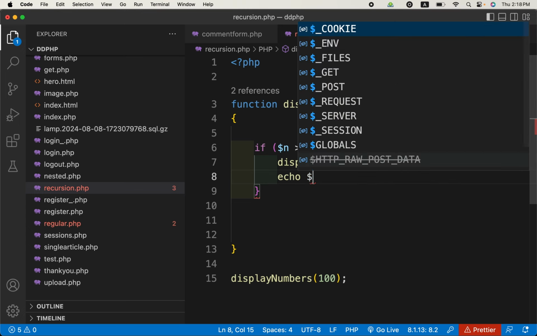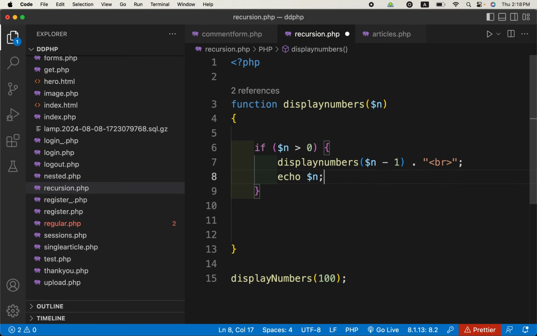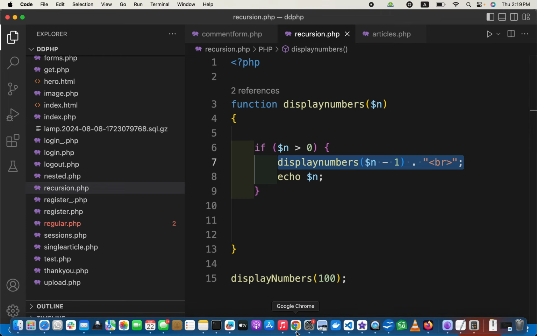We are not echoing the number, actually we are just running the function. So first time if it is 100, it will print 100 because n is 100, which is greater than 0, and it will run the function again. Once this function is run, the number will be 99, and then it will run 99 and so on. So if we refresh the page,